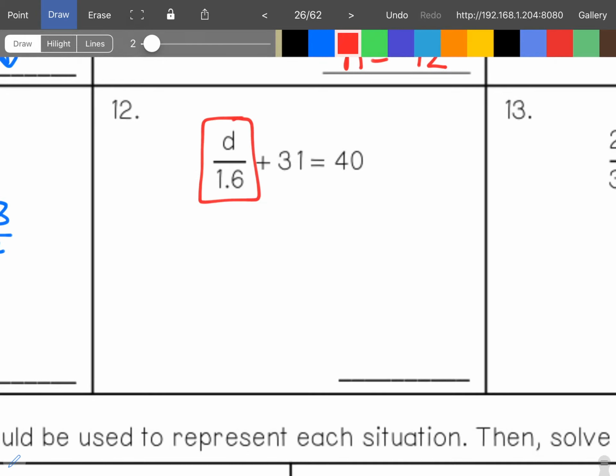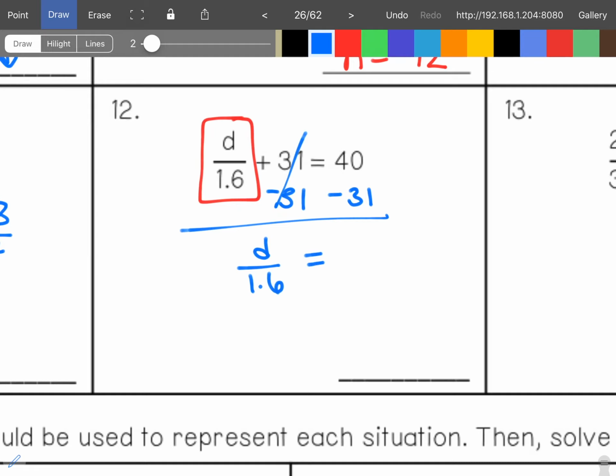Number 12, box in the variable. Get rid of the plus 31 by subtracting 31. Bring down the d divided by 1.6 equals, and 40 minus 31 is 9. Almost done. We need to get rid of the divide by 1.6, so we're going to multiply by 1.6